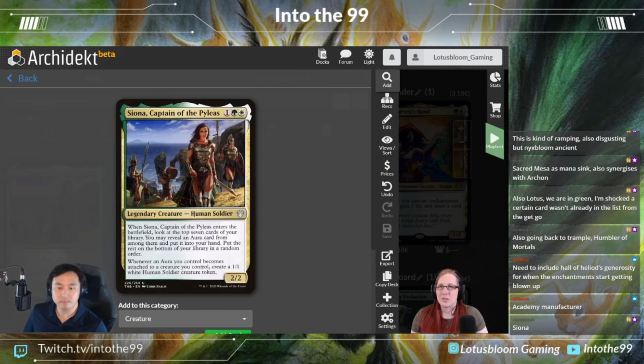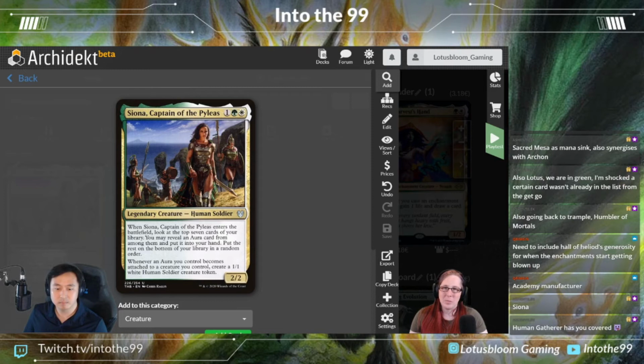And she's a human soldier, 2/2. When she enters the battlefield, look at the top 7 cards of your library. You may reveal an Aura card from among them and put it into your hand. Put the rest on the bottom of your library in a random order. So it does have to be an Aura. Yes. However,